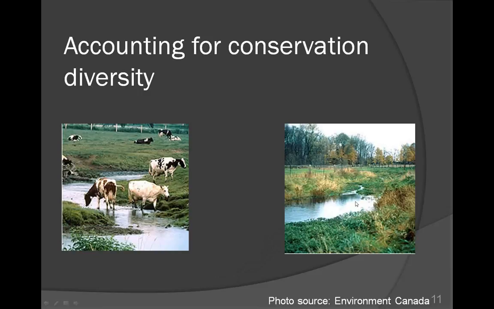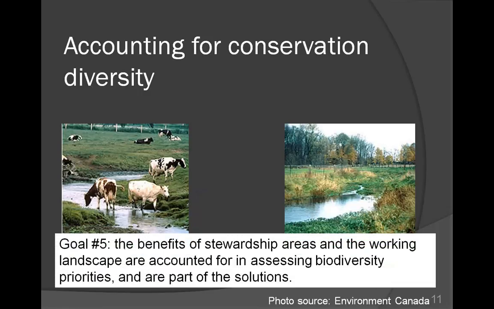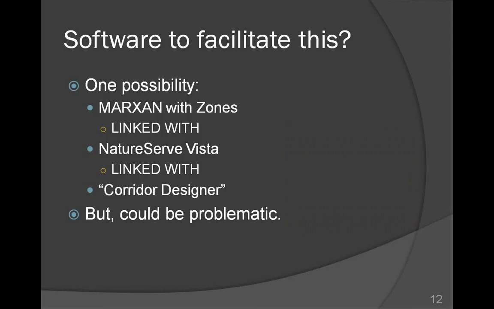But in a lot of the traditional conservation planning metrics, this area didn't really count as being conserved or improved compared to the previous area. So there's this shades of gray that weren't incorporated into traditional conservation planning metrics. And so this decision support system, one of the goals of that was to incorporate those shades of gray. So incorporate not only shades of gray, but also the different types of conservation, including private stewardship and different types of working landscape options, and recognizing that those are benefits of biodiversity, incorporating that in our accounting